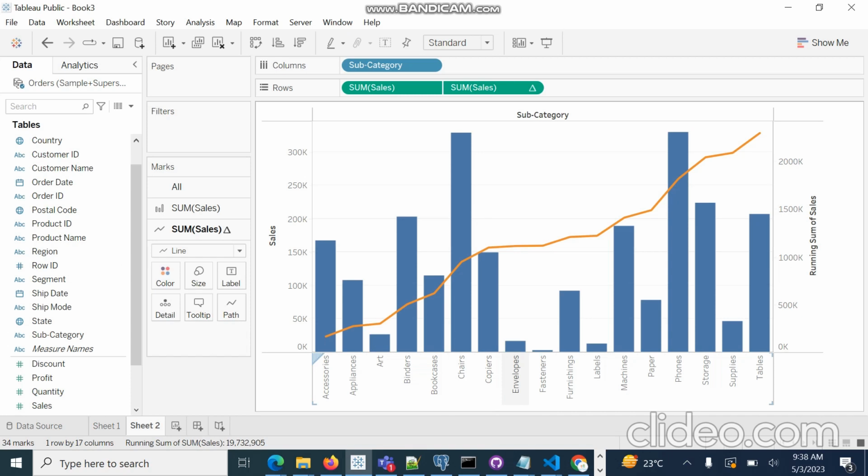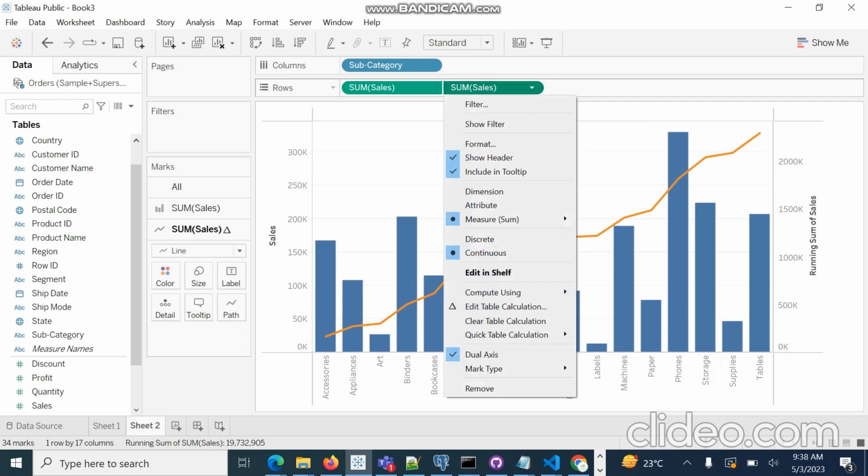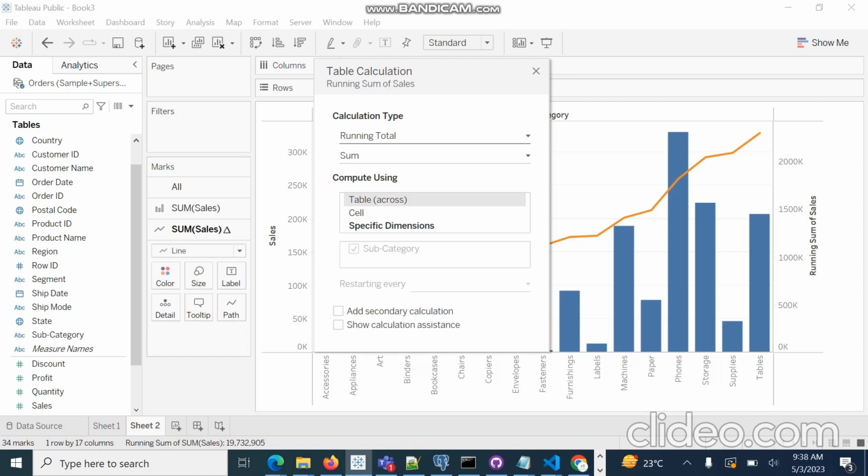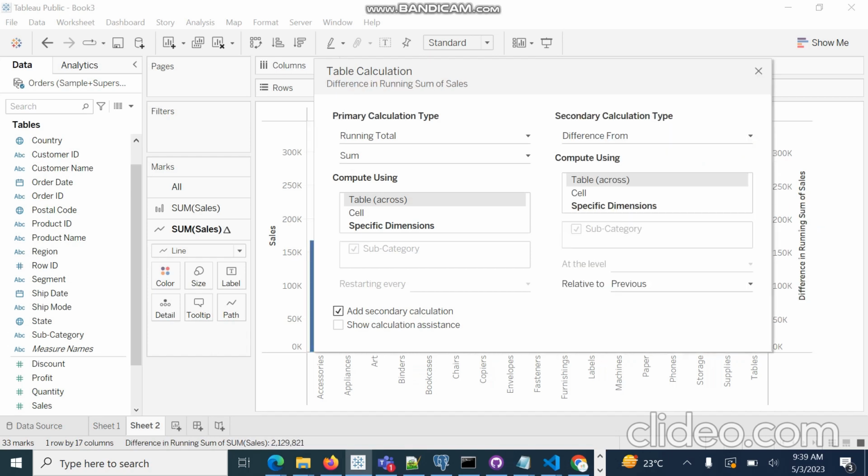After converting to the running total, we can convert to percentage. For that, we go to edit table calculation, and because we have already applied one calculation, we choose add secondary calculation.